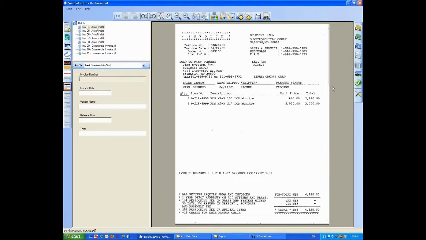Now, let's start with the introduction to AutoFind. This is a very powerful feature. Many of our clients find it very useful, and I'll show you the benefits. The idea of AutoFind is that the system learns operator clicks, and next time it sees a similar document from the same vendor, let's say a different invoice, it will try to extract data from the